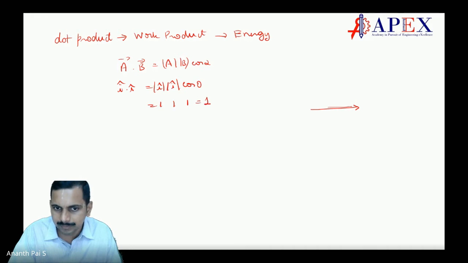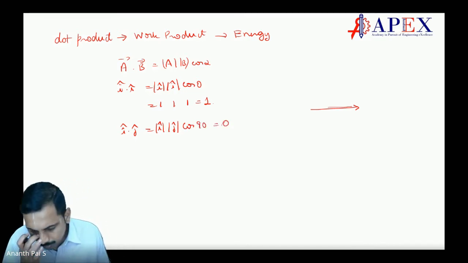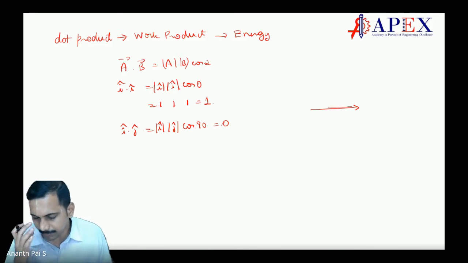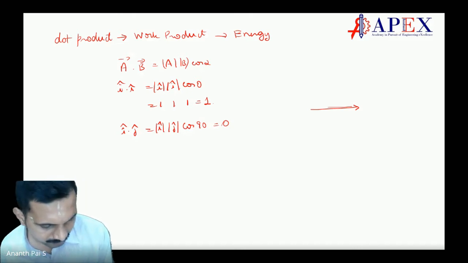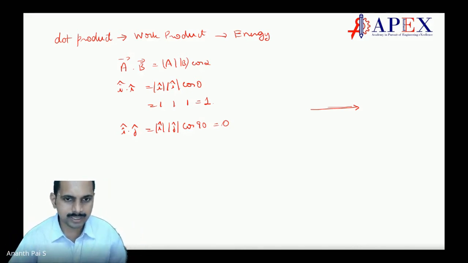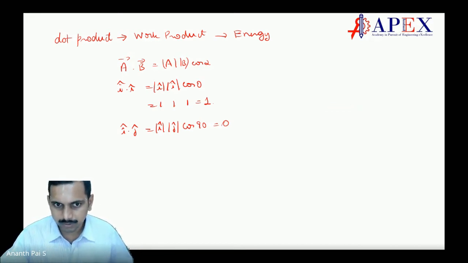So this becomes 1. Now, in case you say I dotted with J, then this becomes I magnitude into J magnitude, which is always 1, into cos 90. Cos 90 is 0, that's why it is 0. So any two unit vectors, or any two vectors which are at 90 degrees to each other, their dot product goes to 0, and for the same direction, the dot product goes to 1. Make sense? Yes, sir. This is one of the ways. There might be some good teachers who will always have some extra methods, but for me, I don't have it at this moment. So this is what I can think about.